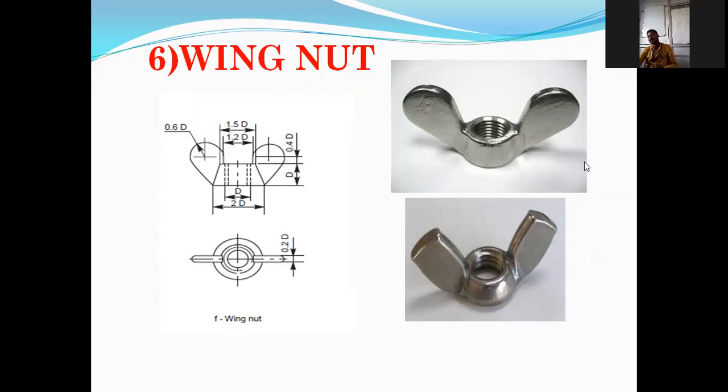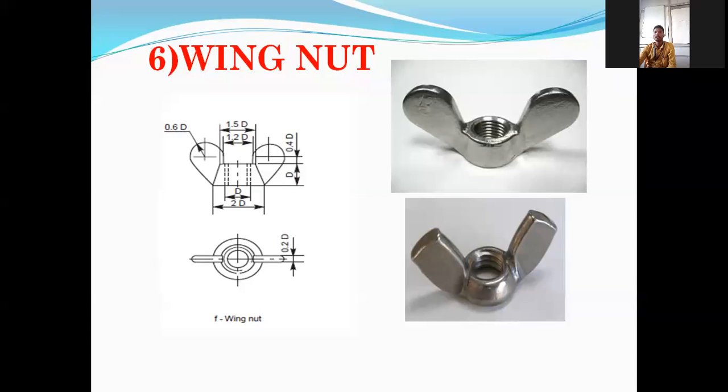Wing nut. We have seen this wing nut. What is a wing nut? A simple question. What do you know about wing nut? Anybody? It is having projections on its periphery. Very good. How many projections is it having? Projections means unchavata in Marathi. But how many are there? Two. It is having projections on its periphery.